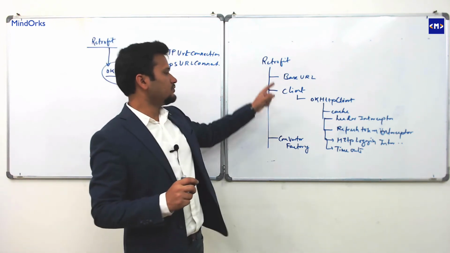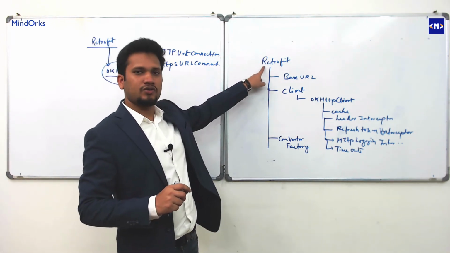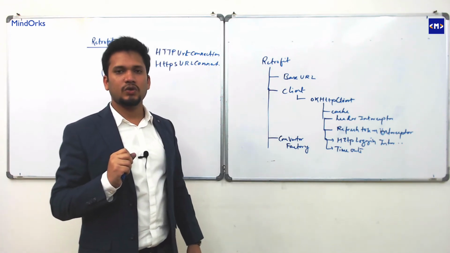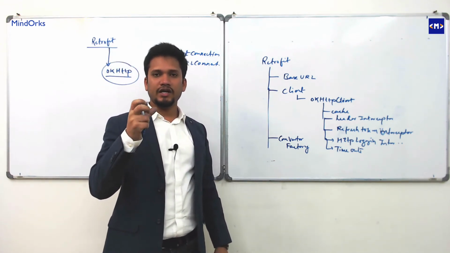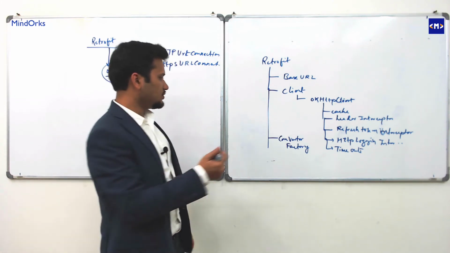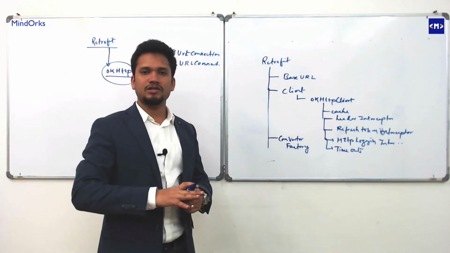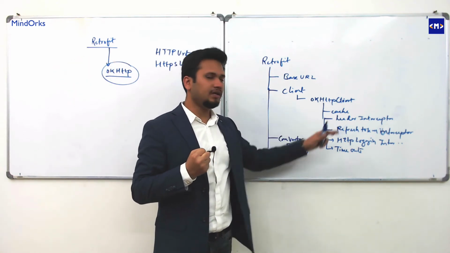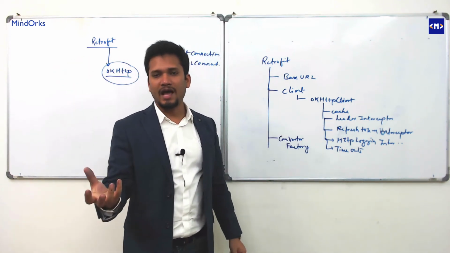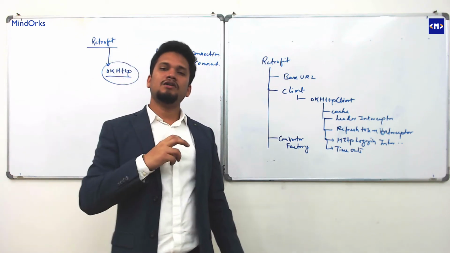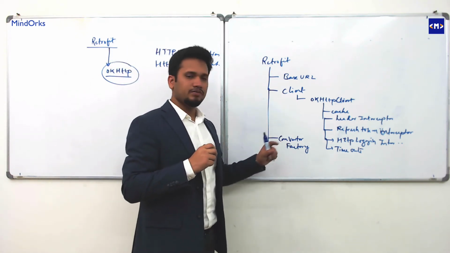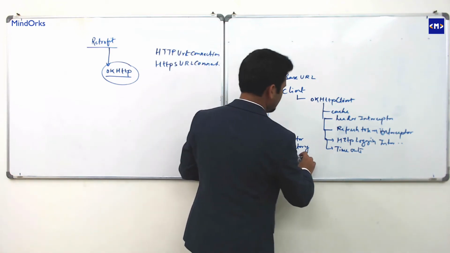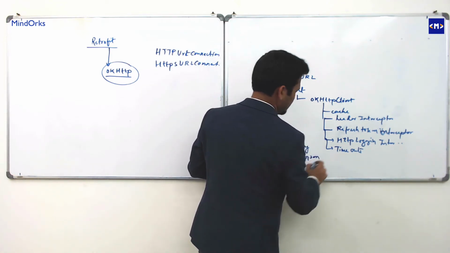You pass the dummy request to Retrofit, and in the response you get the dummy response, which means you are getting the POJO. So this converter factory helps in converting the string that you get from OkHttp back into the body and getting the object from the body. For this converter factory we provide the JSON converter factory,